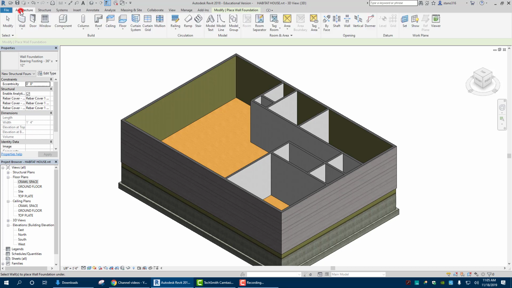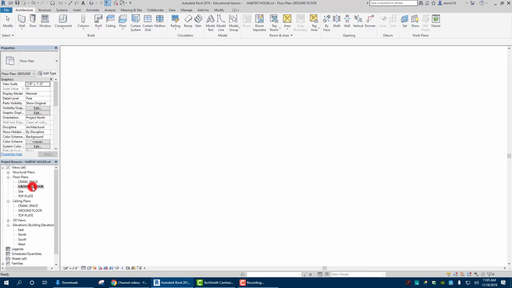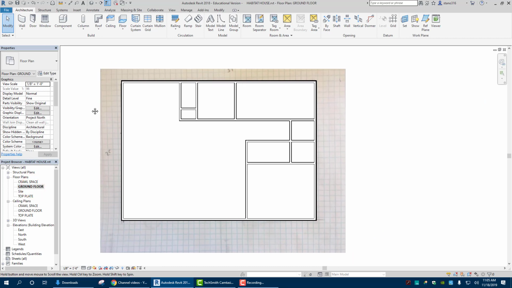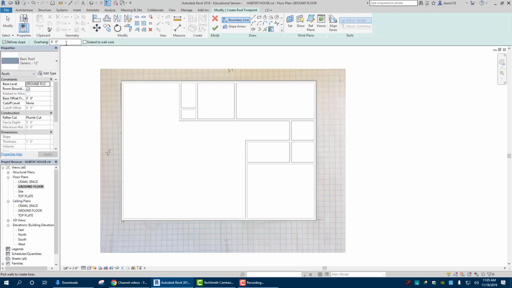So architecture, we can go to our ground floor plan, and we're going to add a roof. So we go to roof, and I'm going to do a 1 foot overhang on all sides. Actually, I'm going to go a little bit more. Let's go 18 inches. I'm going to select my walls